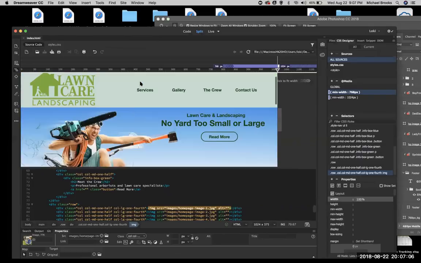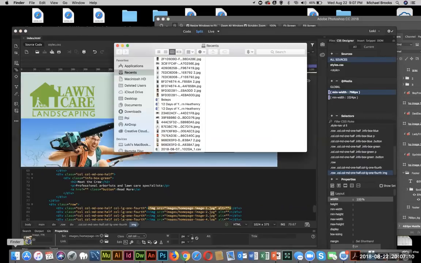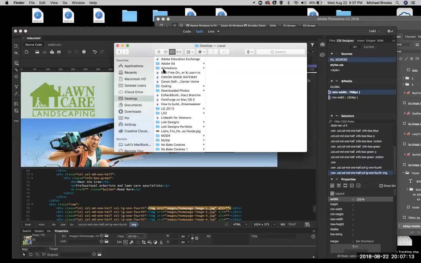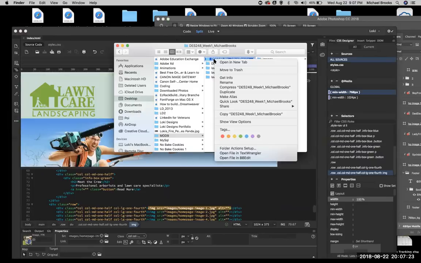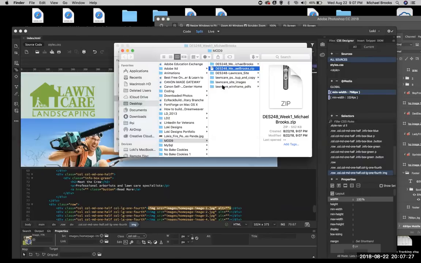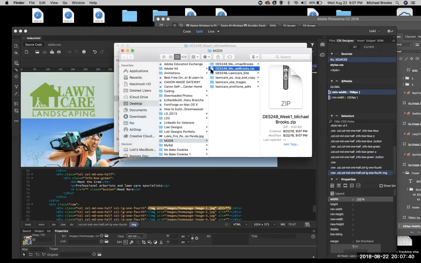This is the assignment. So let's go back to my file. Desktop. All right, so there's my file, right? This is everything. Right. What I want you to do, right-click, and compress. Name it the way that it is named in the directions, and there's your week 1 assignment. Okay? Uh-huh. All right, now we're going to move on to